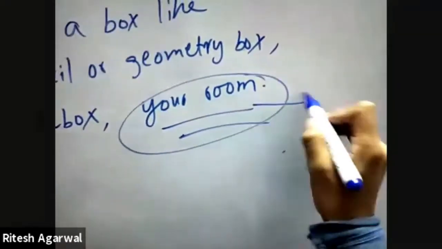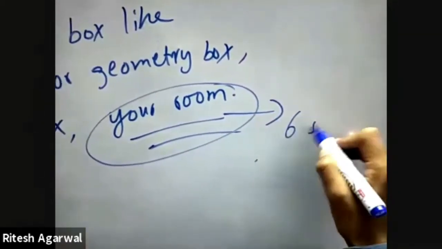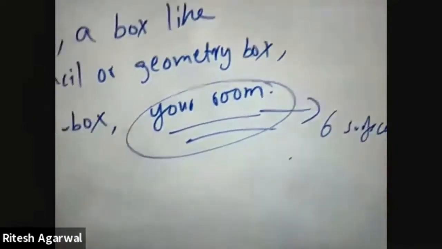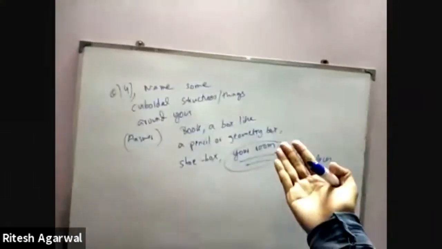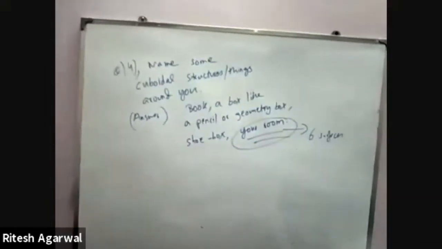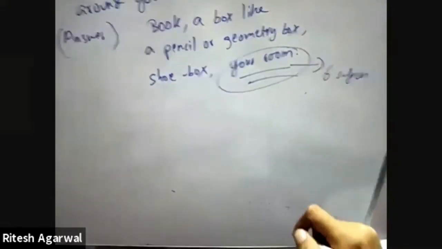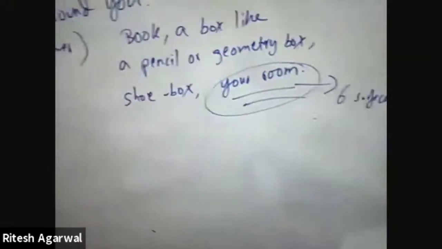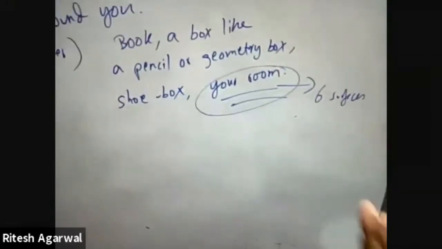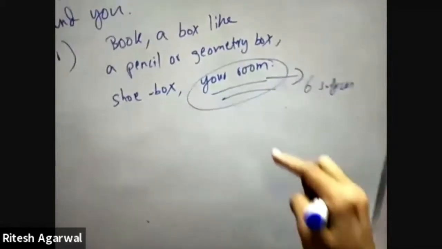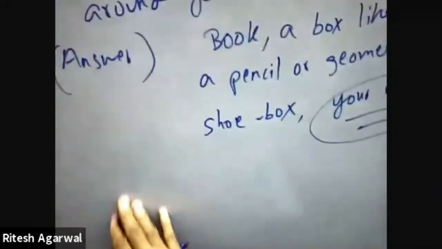A cuboid is something where there are 6 surfaces. So a room has 6 surfaces. So let us say this is the wall in front of me, which is a rectangle. Then you will have a wall on the left, a wall on the right, and a wall behind you. There are 4 surfaces. You will have a wall or a ceiling at the top, and you will have an equivalent rectangular base or floor. So your room itself, assuming that it's a closed room, is cuboidal. This is vital because there are separate questions concerning your room.